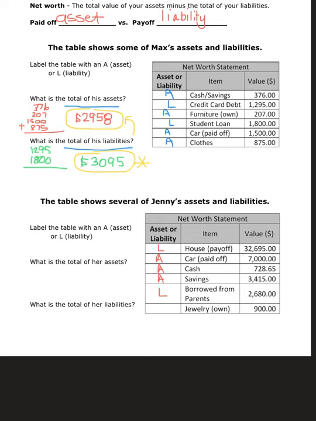That's a liability. And the last part, it says jewelry. She owns it, and if she owns it, that makes it an asset. Now I'm going to total up her assets. And I totaled up her liabilities. I got